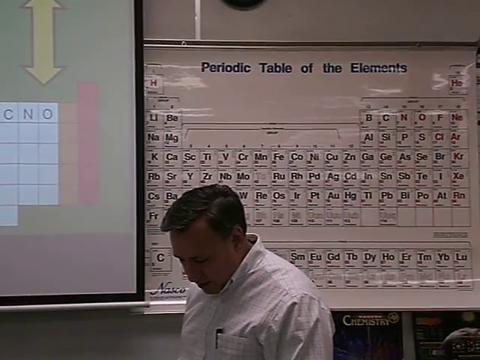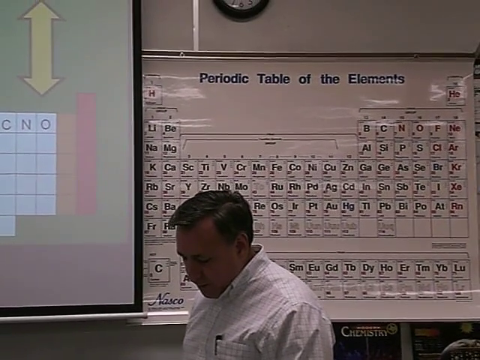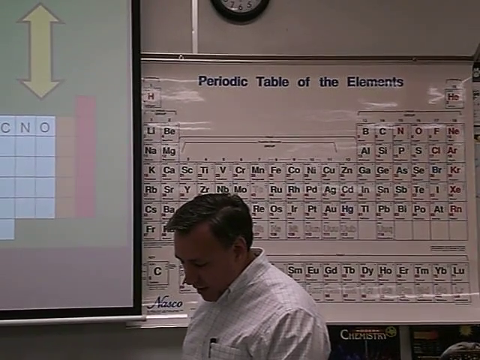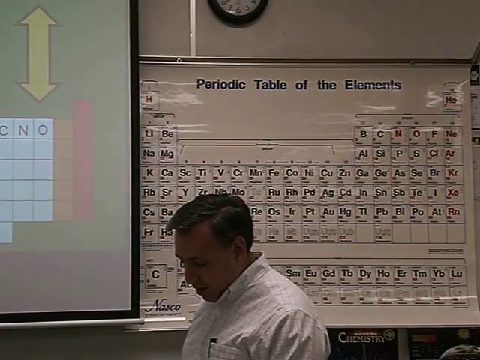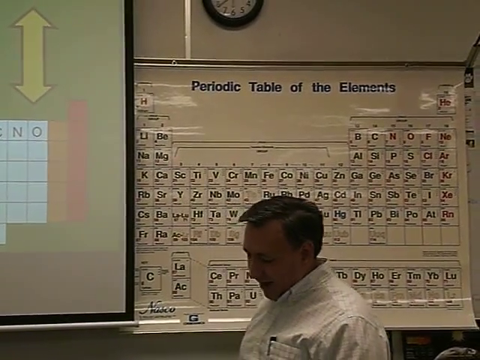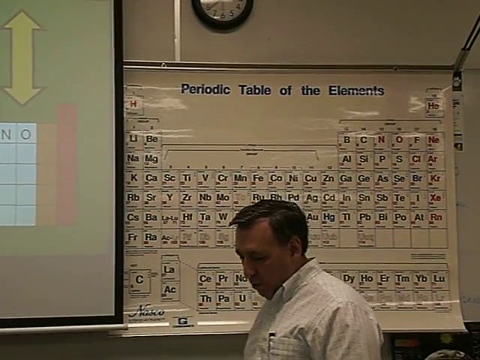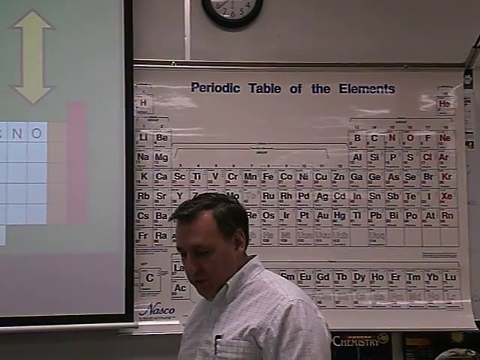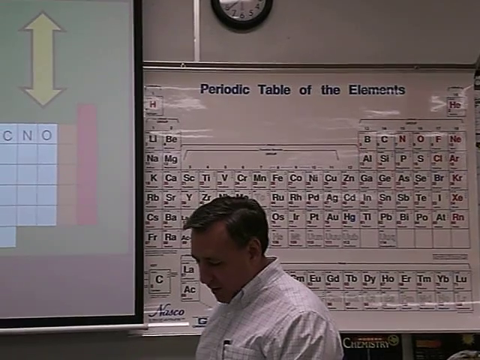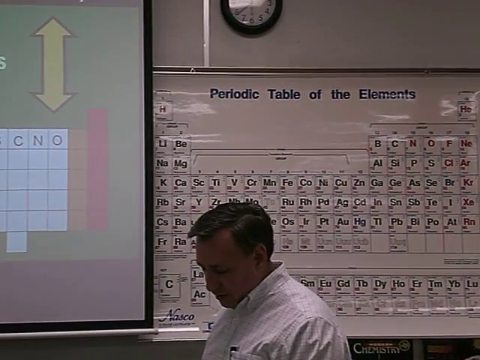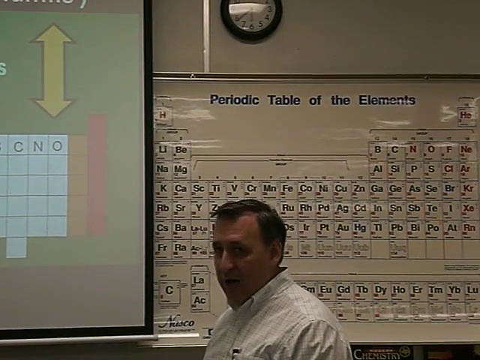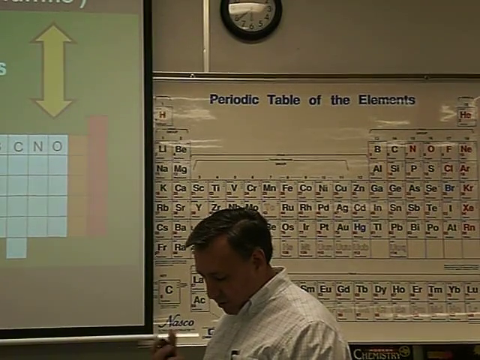That's number 13. Let's go to number 14. You should be able to compare the melting and boiling points of metals, ionic compounds, and covalent compounds. Start moving into the new material now. Remember, metals have very, very high melting points and boiling points. Metallic bonds are very, very strong. In order to break those bonds, it's going to require a lot of energy. So metals have very, very high melting and boiling points, in the thousands of degrees,